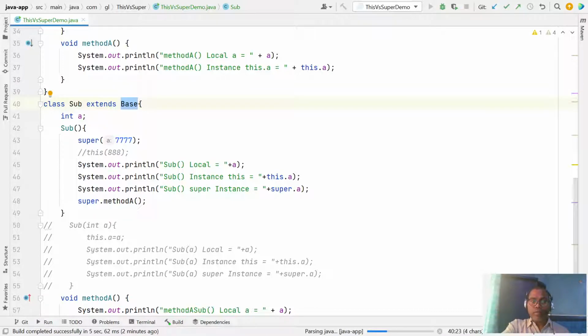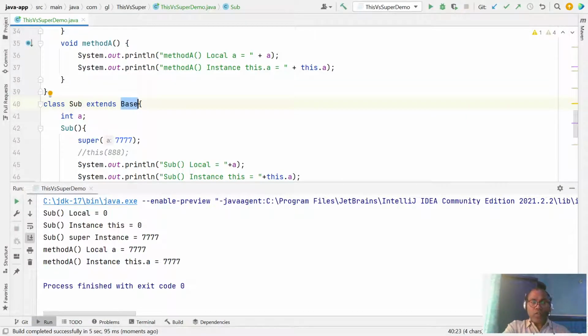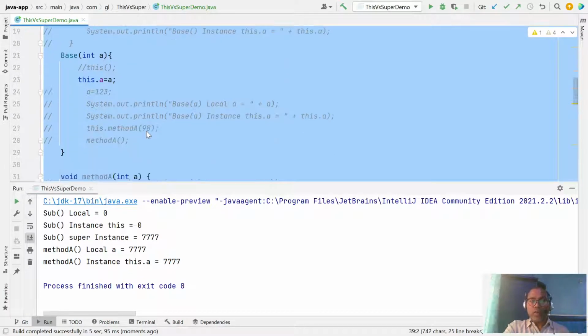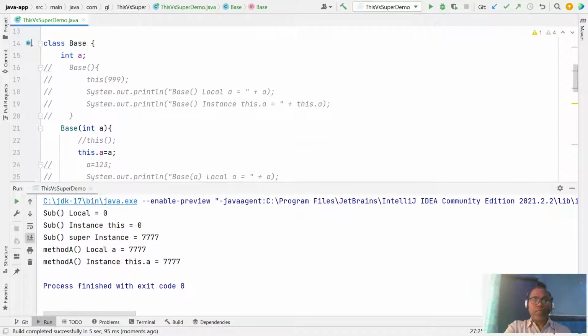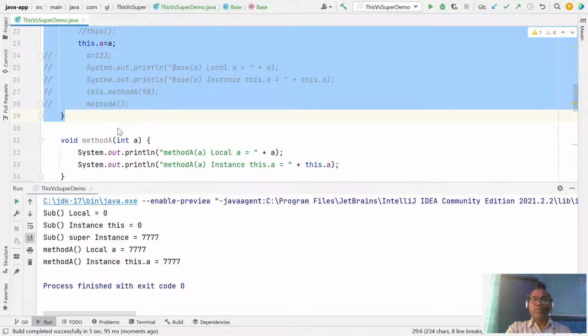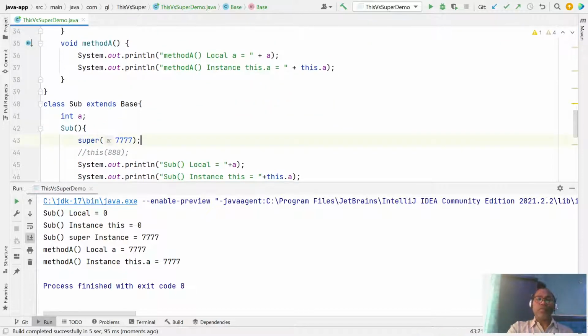Sometimes, from the subclass, you want to initialize the object of your base class. This problem only happens if you define some constructor in the base class. So this is also one condition: super must be the first line of the constructor.